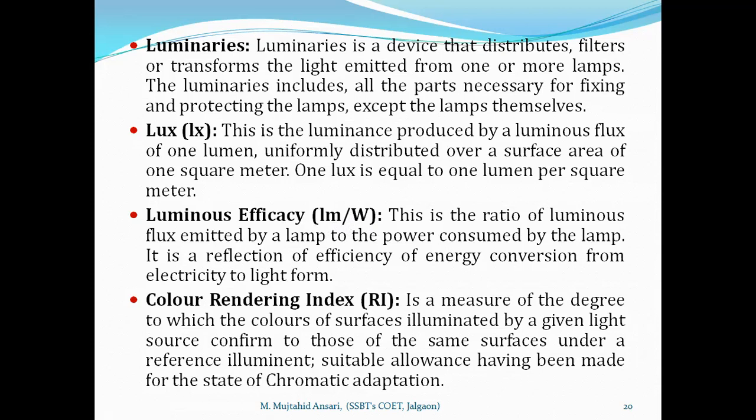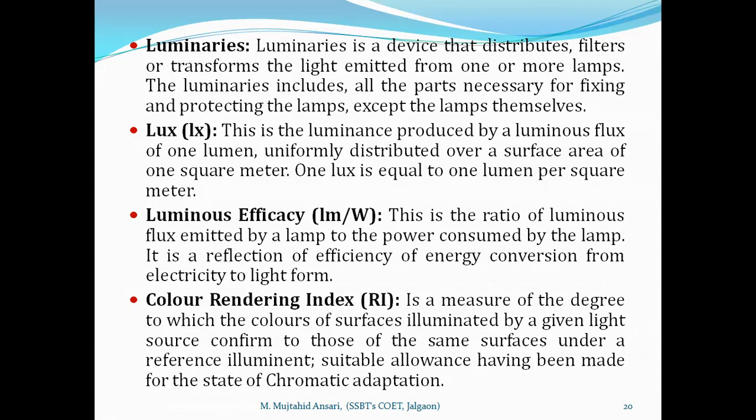For example, a 20 watt CFL lamp output is 200 lumens. Okay, so 200 divided by 20, so it is more than 1. Therefore it is called efficacy. So luminous efficacy is nothing but the total lumens output from the light source divided by the power consumed by the lamp. Similarly, it is different for different types of lamp.